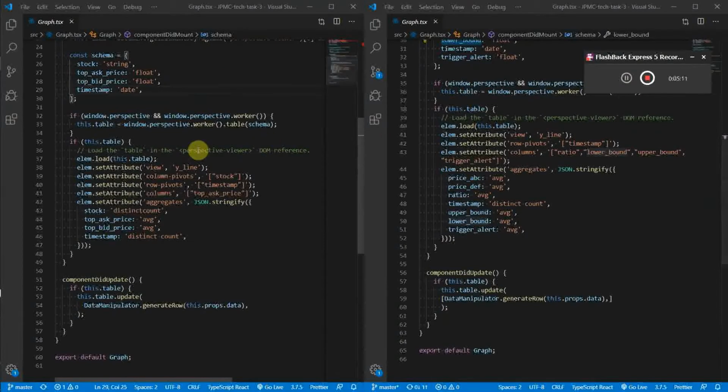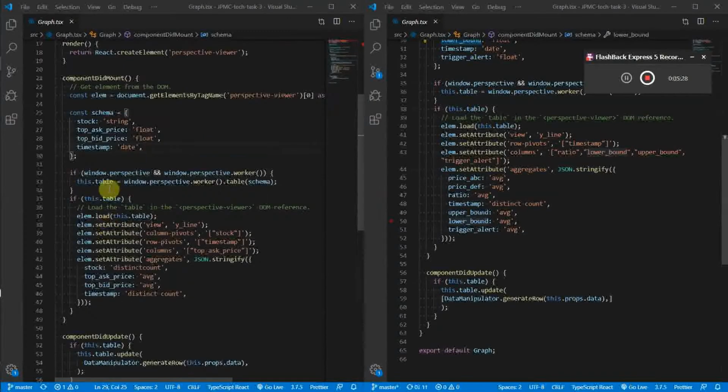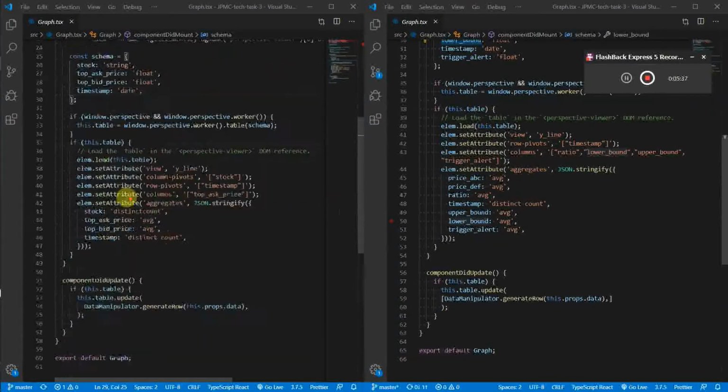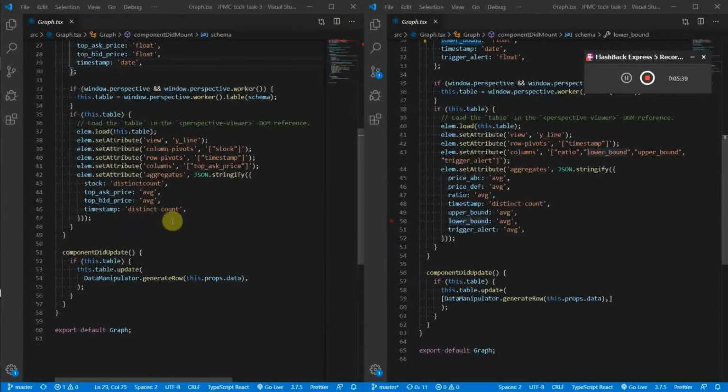Next, to configure our graph, we need to add some attributes here. In the previous task we added these attributes, but in this task, according to the requirements, we need the ratio, the upper threshold, and the lower threshold. Accordingly, we have to change these attributes. This is in the component date mount meter. Component date mount meter runs after the component is mounted or rendered in the DOM. As we are changing the data every millisecond,